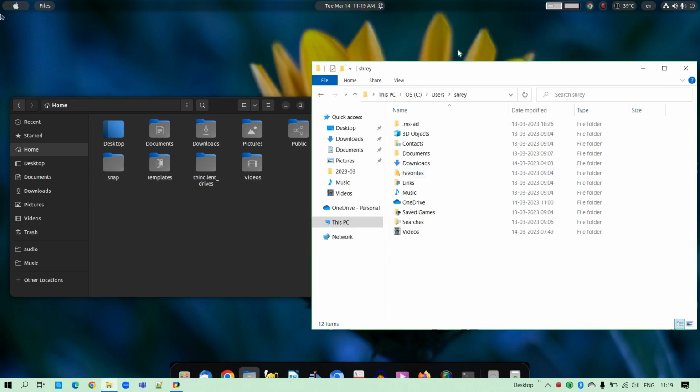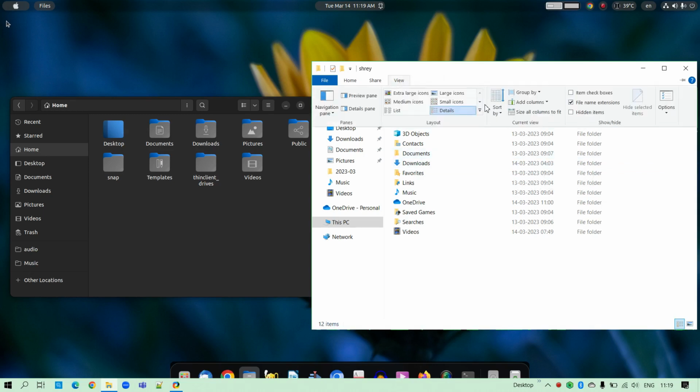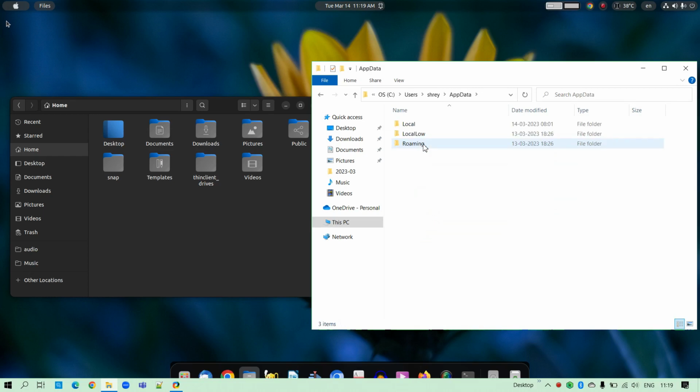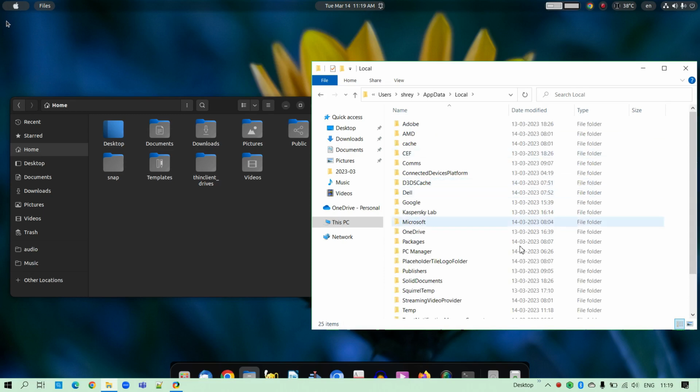So if I bring in my Windows File Explorer here and I go to View and then Hidden items, then show the hidden items, we will be given our AppData folder, and here is where a lot of our actual profile local data is stored. So this is actually the primary hidden directory within your actual user profile. Now